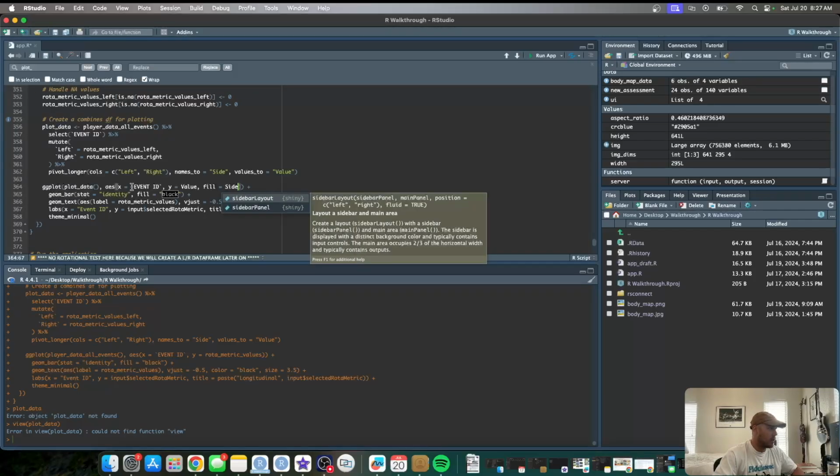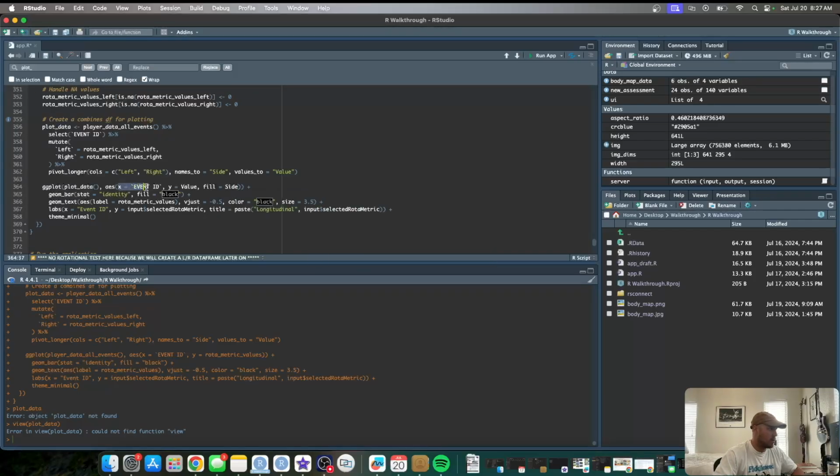So what is this telling us? The X coordinates are going to be our event IDs, and Y is going to be the actual value from either the left or the right side, and the fill will be that side. So that's going to create the two separate ones. Now we need to give some more information for the left and the right side. So we're still going to use geom_bar. Stat is still going to be identity, but instead of fill black, because we're dealing with two metrics now, we're going to take that out,